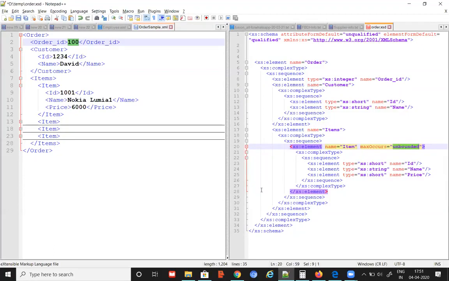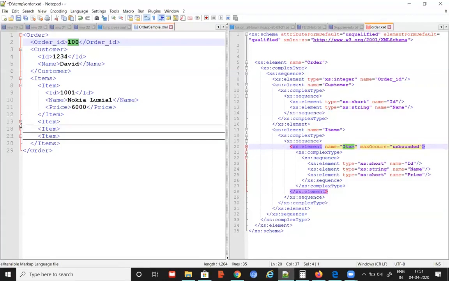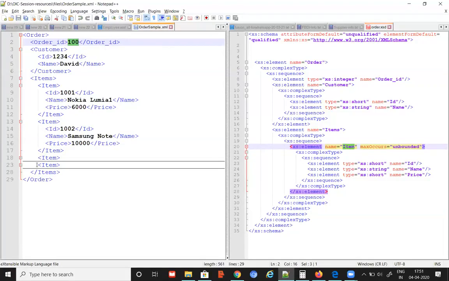Bhaskar, Surendra here. Yes. So the item is unbounded, so n number of times. The tool you copied, right? It is based on the sample XML. When the item is generated multiple times in the sample XML, that's the reason it has taken it. Yes, it identified that it is exactly the same definition, repeated multiple times, and it is the child element of items. You can see that. So that's the reason it assumed that it is a repeated element. Yes, the tool is having that intelligence. If you are developing, you have to write like that, if you are writing manually also.